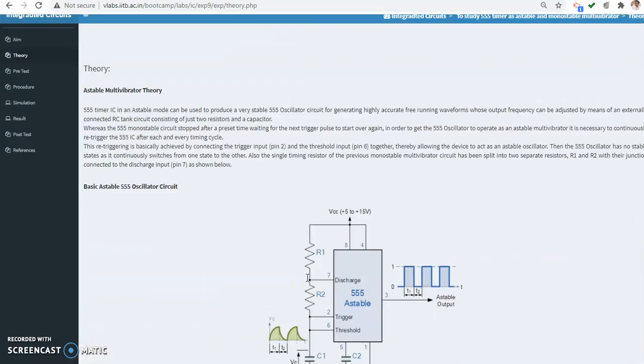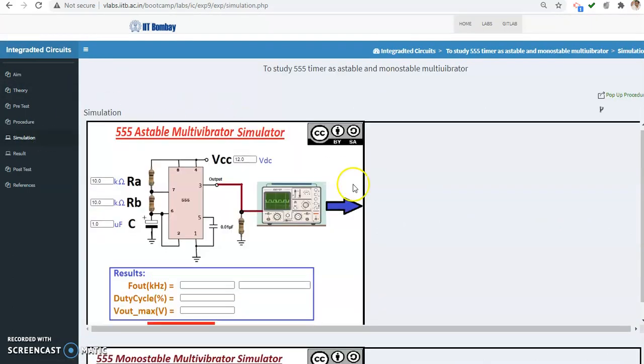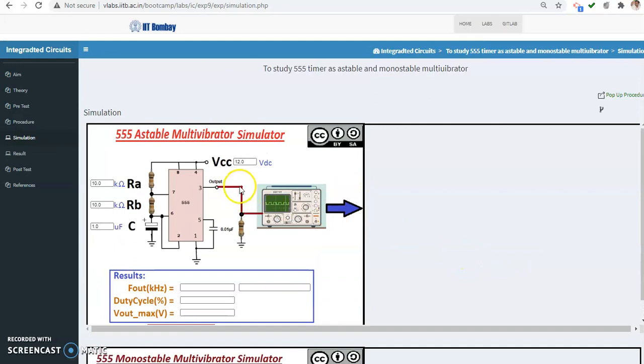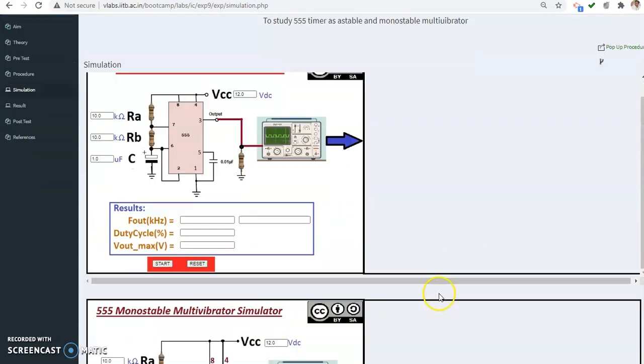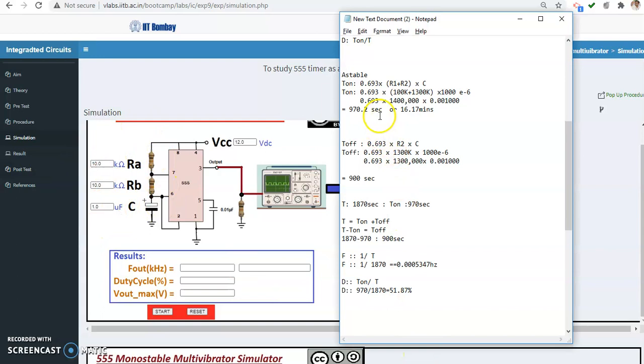Let's go for the simulations. So simulations, first one: you have two things. Experiment number one is the astable multivibrator, the second one is the monostable multivibrator. Okay, so astable multivibrator, so far we have discussed that. What is the time you want on, and what is the time you want off? Everything depends on RA, RB and C. So see the formula. Okay,